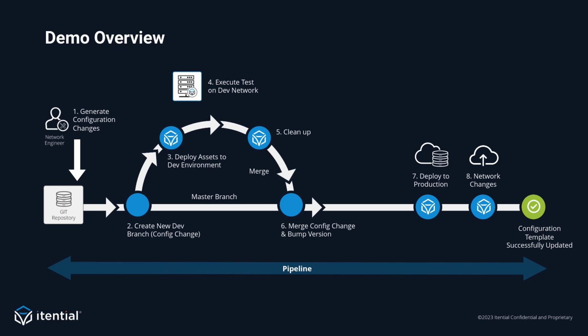Here we have a demo overview, and what we're going to show is an engineer making changes to that configuration template standard and submitting it through a change process, but from the standpoint of a NetDevOps process. So we're going to be creating a new branch of configuration and treating configuration almost as code from that perspective in our CI repo. Then the next step is we're going to deploy assets triggered via pipeline, but utilizing Itential's rich integration and functionality with tools like GitLab and so forth,